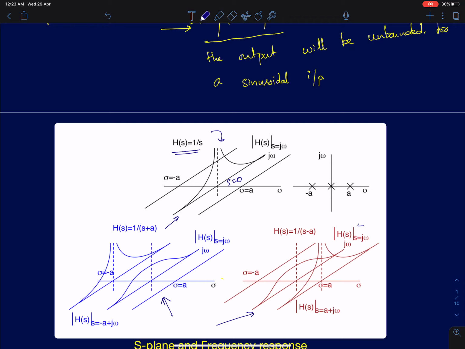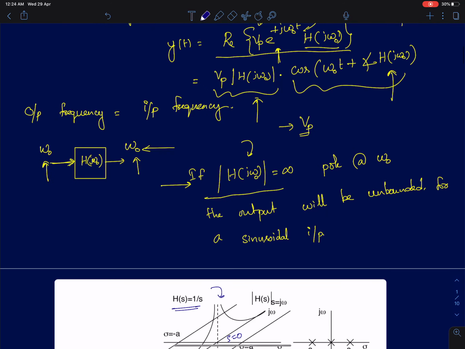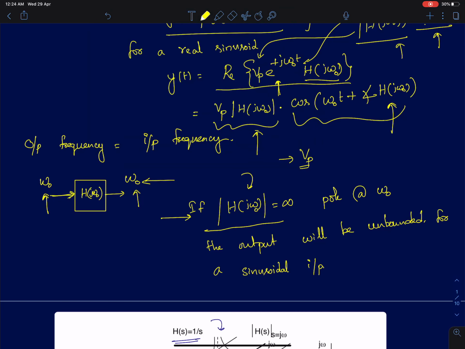We will later see it is only partially true, and the outputs can actually become unbounded if you have right of plane poles, and that's something we are already aware of, and we'll see where this difference comes from. But if you look at this expression shown here, it doesn't show that. Whether it's a right of plane pole or a left of plane pole, you are supposed to get a bounded output. By this definition, we have to get a bounded output, right? Your H of j omega is bounded for both the left of plane pole or right of plane pole. H of j omega is bounded, so therefore the output should also be bounded.